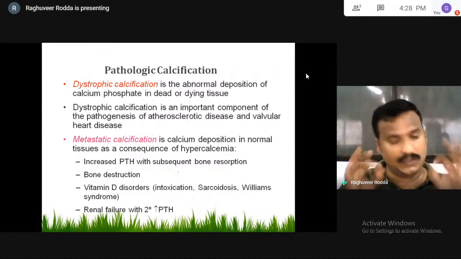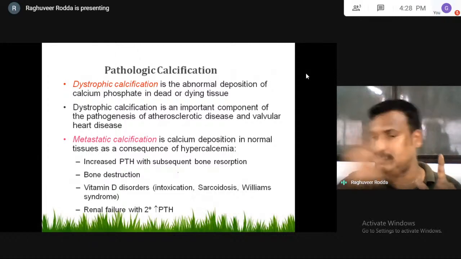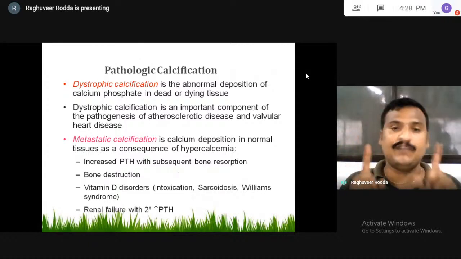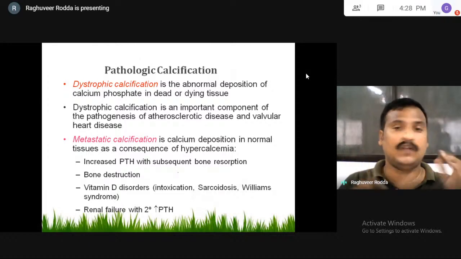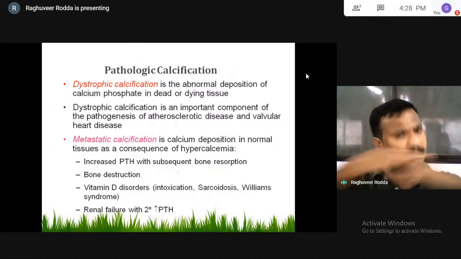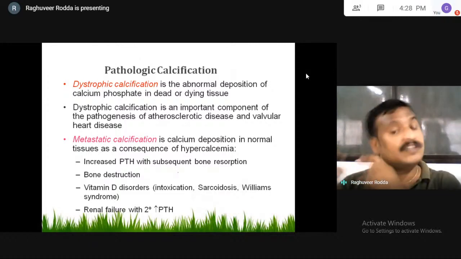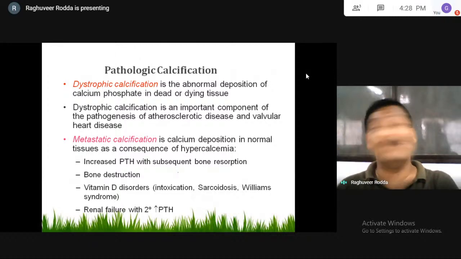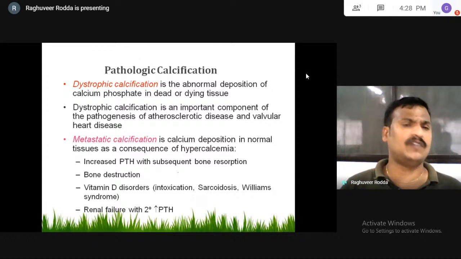Okay, so you have to be very careful. Metaplasia is different from dysplasia. Dysplasia is similar to hyperplasia, but different from it. In hyperplasia there may be a specific architecture, but the cell number increases. Here also the cell number increases, but the architecture is different. Architecture is abnormal. Okay, then come to another small concept called pathologic calcification.